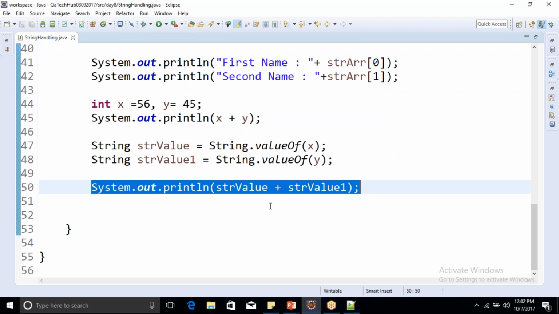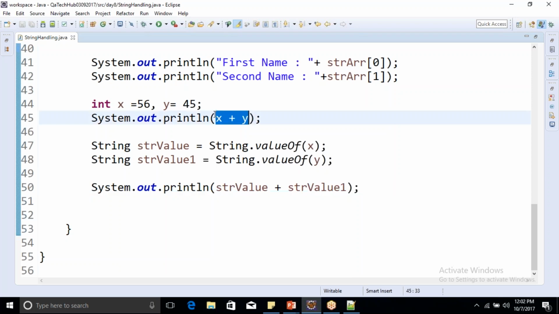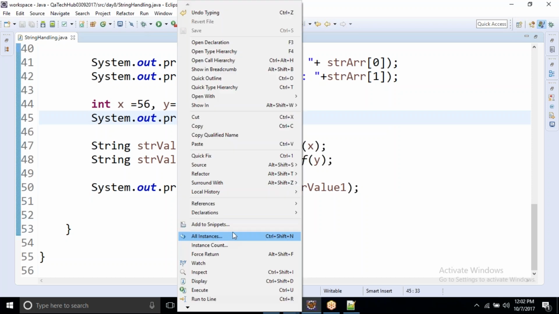Okay, so most of you have given the perfect answer. Let's see what will happen here. 101 will get printed, whereas in this one, 5645 will get printed. So if I execute this,